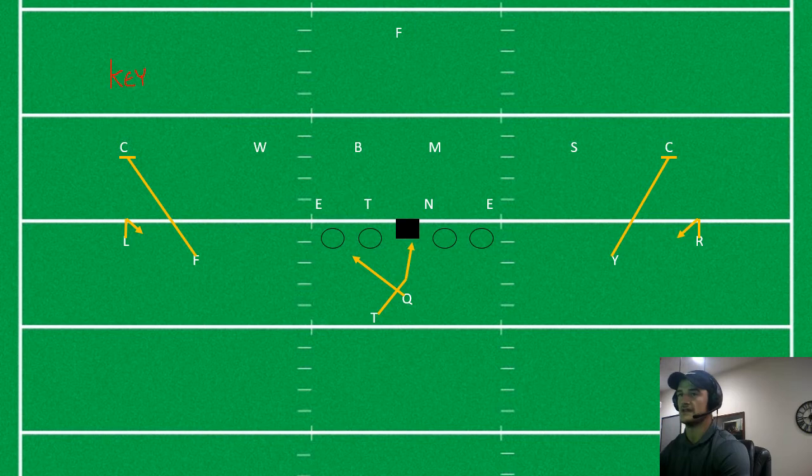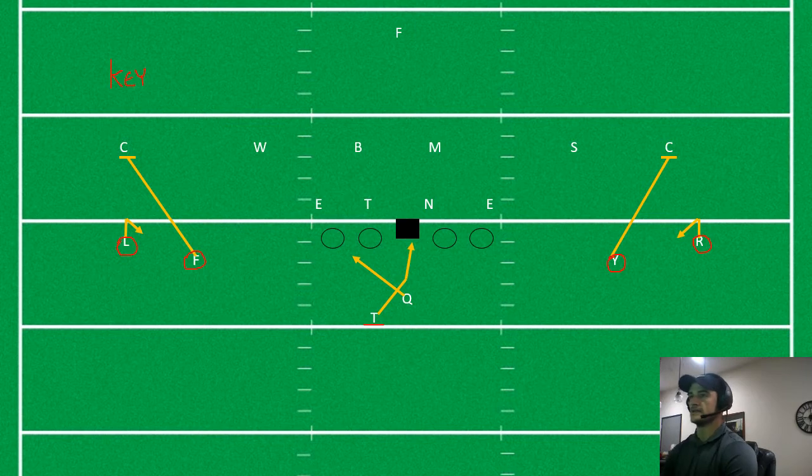So we've got key screens on, so we've got receivers running key screens, which is just one hard step, turn, and show your hands to the quarterback. We've got other receivers blocking for those screen passes out in the flats. And then at the same time, we have inside zone with the tailback called. And so basically how this play is